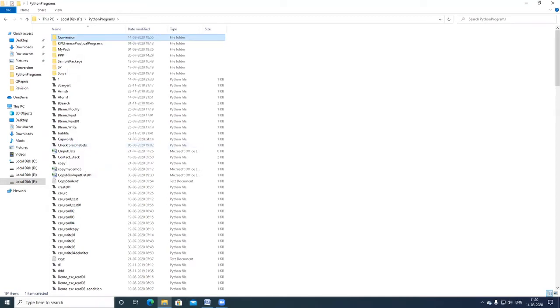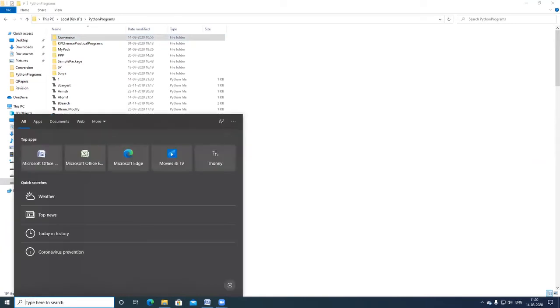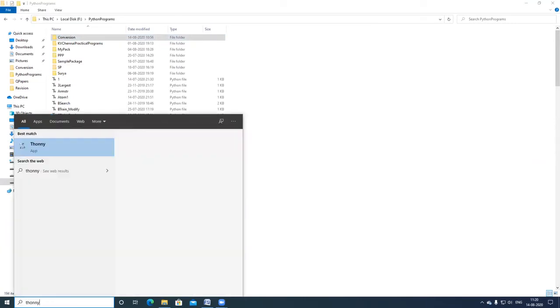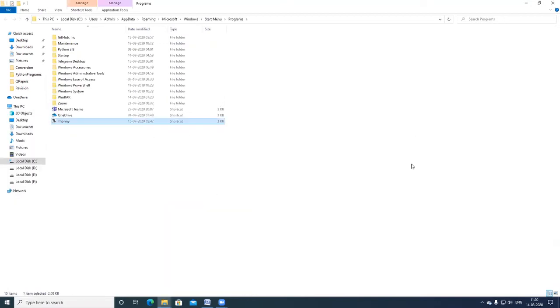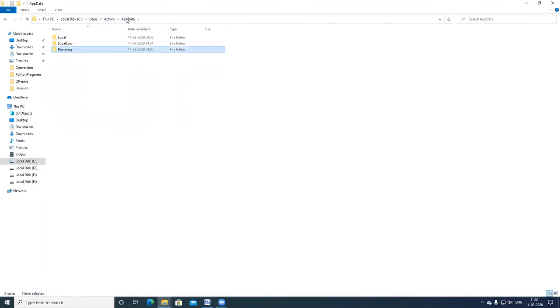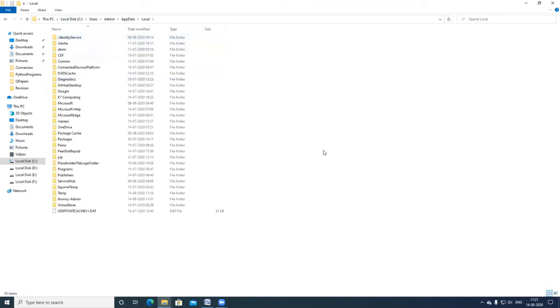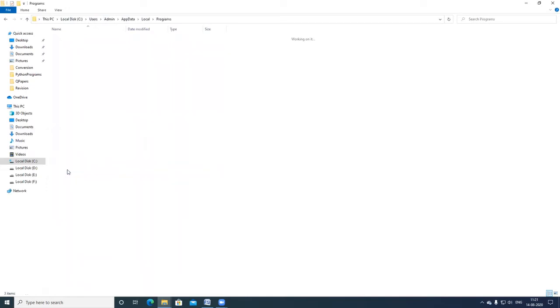Then in the search bar, I type Thonny. This is the editor which I use. I try to open the file location. It is not opening properly. Users, admin, AppData, there I stop. Inside AppData, Local is there. I am double clicking it. Inside Local, I have Programs.